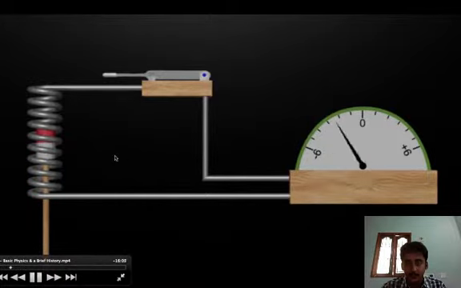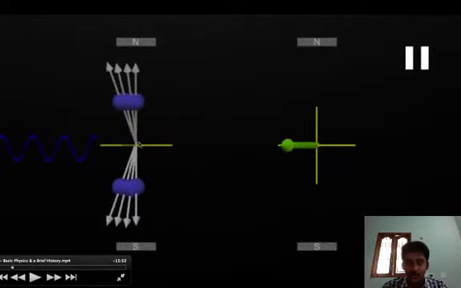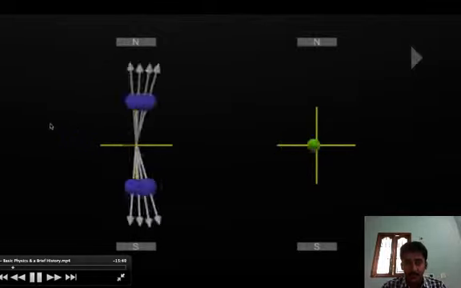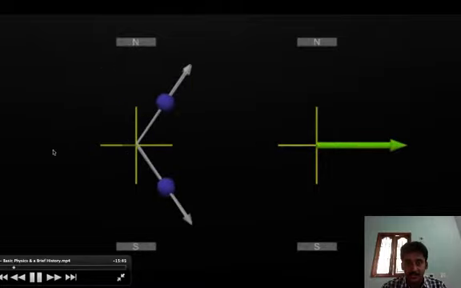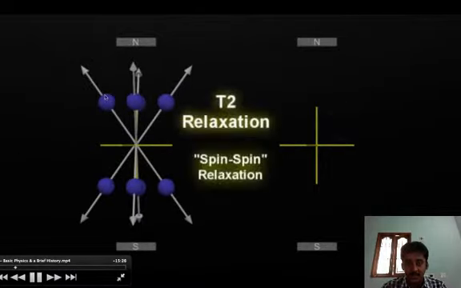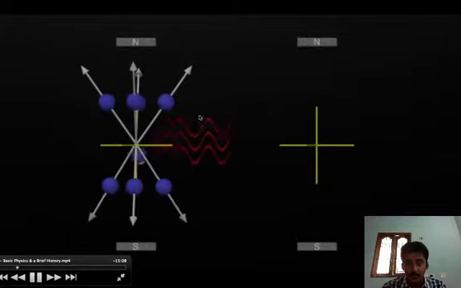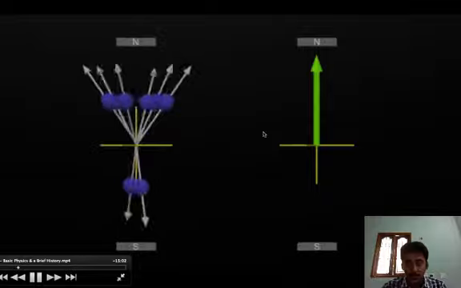So this is the basic principle of operation. So here we have the net magnetization. In this position, at resonant frequency, the protons start emitting energy. This is the emitted energy due to transverse magnetization. But that energy doesn't exist for a long time. They'll start relaxing. This is called T2 relaxation or spin relaxation. During this relaxation, we'll have some heat dissipation.